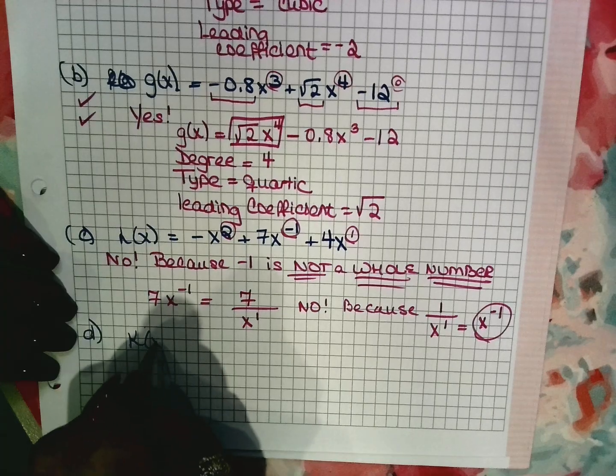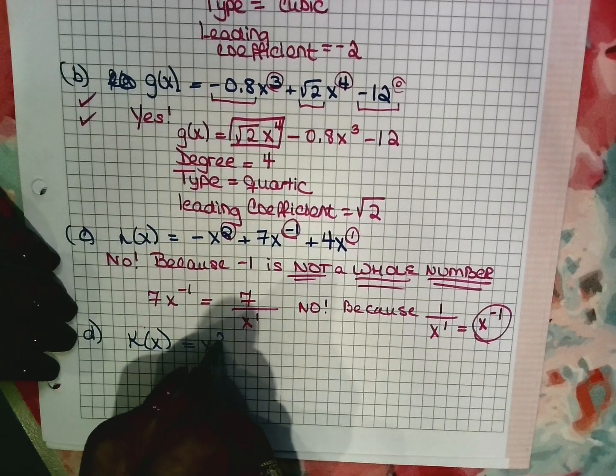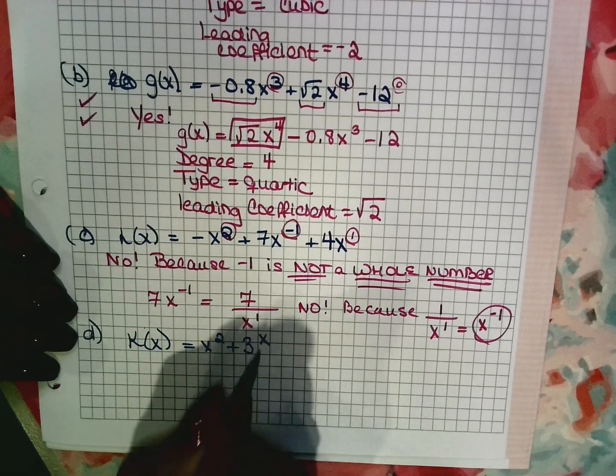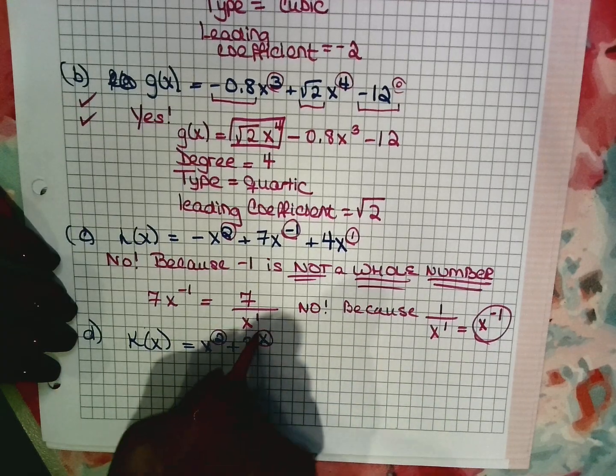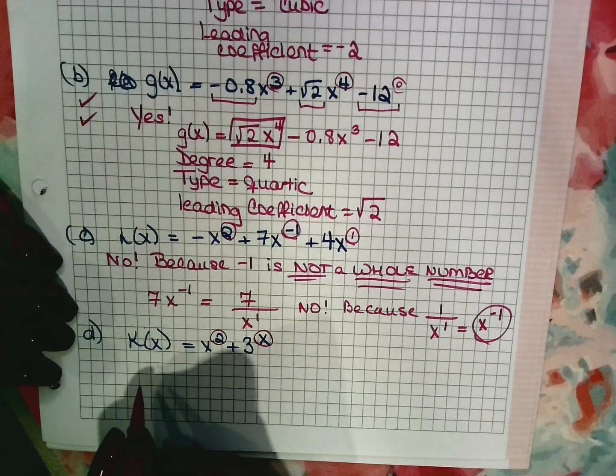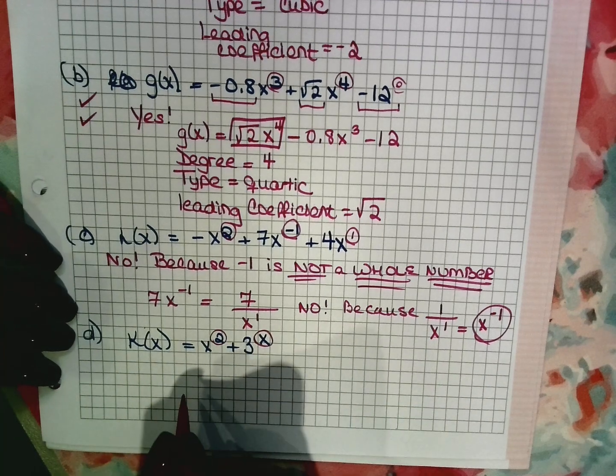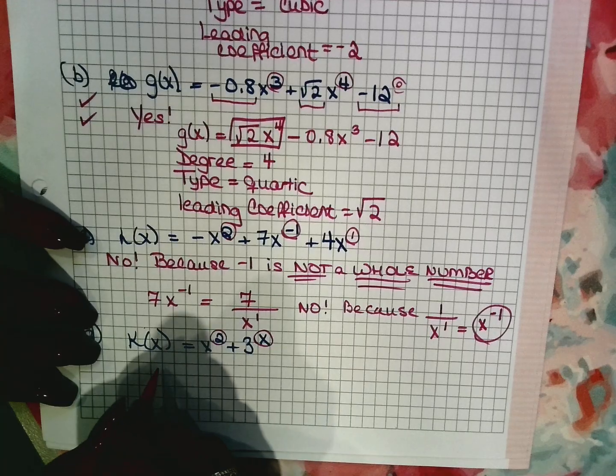All right, and let's do D. Here we have k of x equals x squared plus 3 to the x. All right, so again, we're going to check our exponents. We have a 2 and an x. Are they both whole numbers? Well, 2 is a whole number. X, I have no idea what it is. So no,